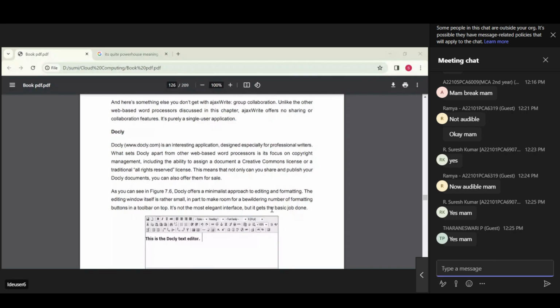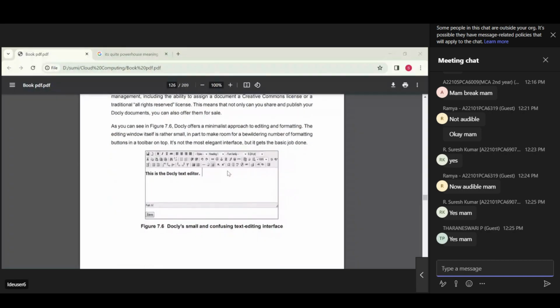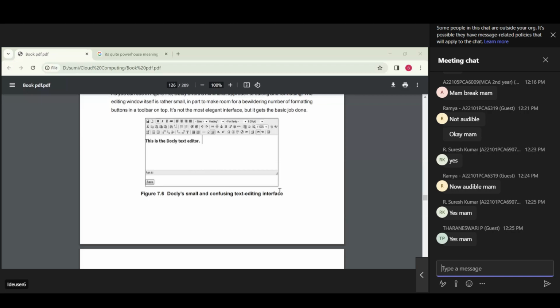Okay, so this provides you a minimalist approach to editing and formatting. It's the most elegant interface. Okay, easy to use mainly,